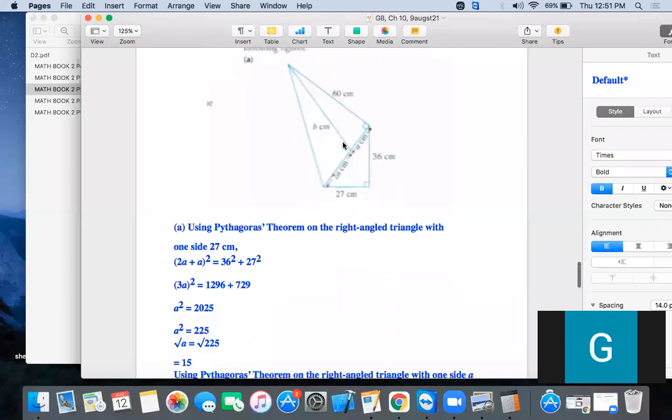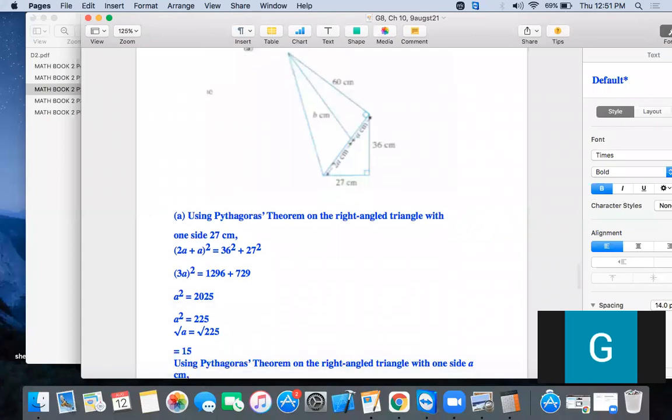So first of all, select this right angle triangle. Why do we choose this right angle triangle? Because two sides are given and we have to find only one side. We choose the right angle triangle whose two sides are given, so we can easily find the value of one side using Pythagoras theorem. So write the first line of description: using Pythagoras theorem on the right angle triangle. This is the same line which we use in each and every question.